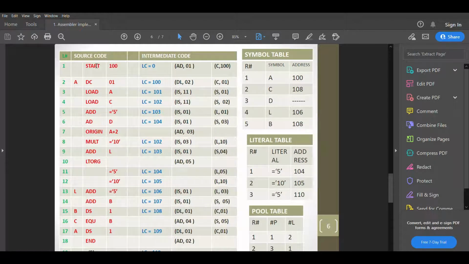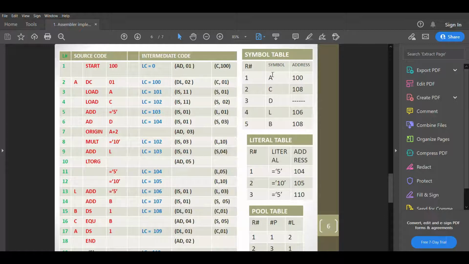Then see there is the source code, and these outputs are the symbol table, literal table, pool table, and intermediate code. Let's start from the symbol table.